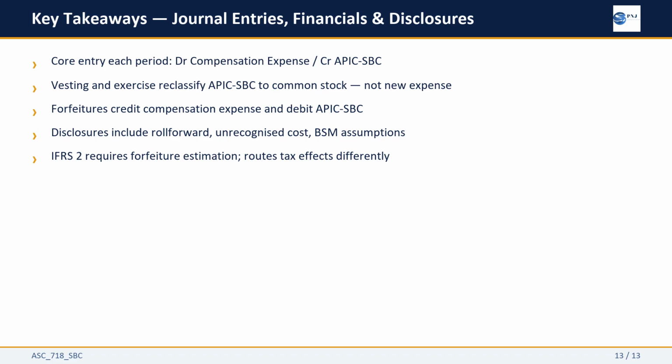The disclosure package is extensive and requires a dedicated roll forward and unrecognized cost schedule. And while IFRS 2 is broadly aligned with ASC 718, the forfeiture policy and tax treatment differences can create